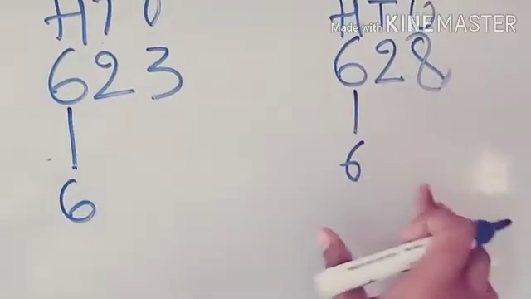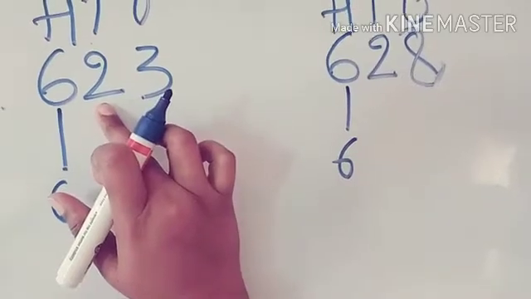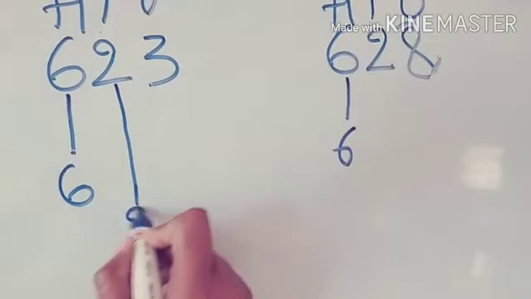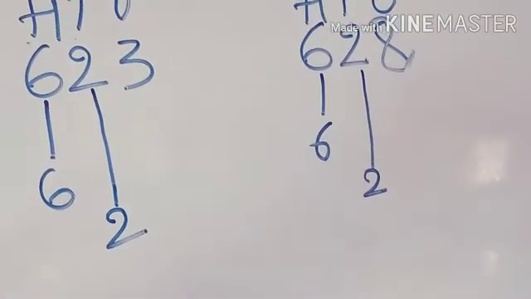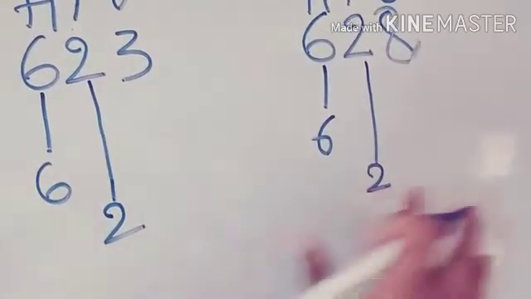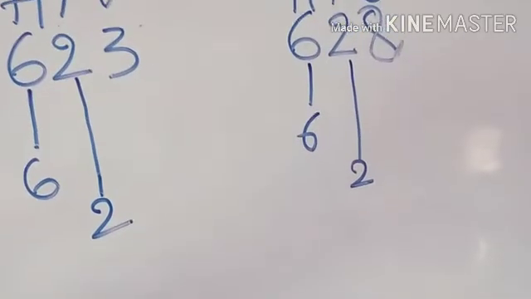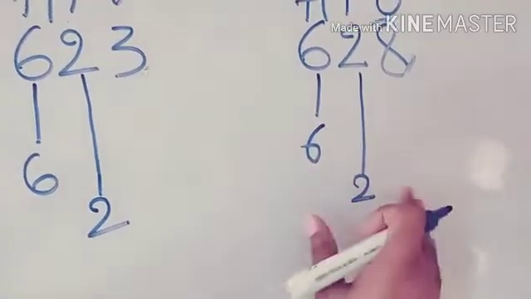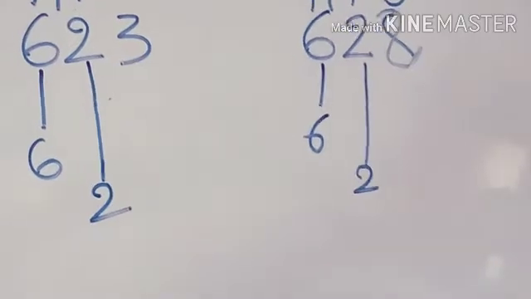Okay, now we have to look at the number at tens place. So here it is 2 and here it is 2. And students, the numbers at tens place also are same. Now if you find out the numbers at hundreds place and tens place are same, then we will see the